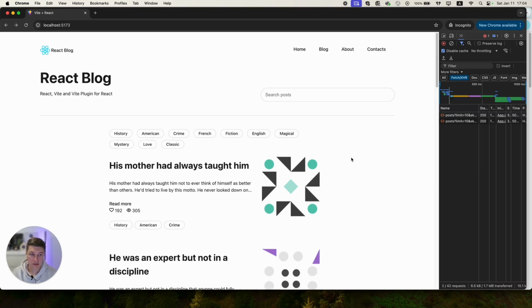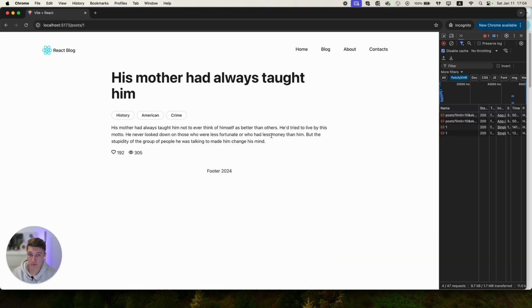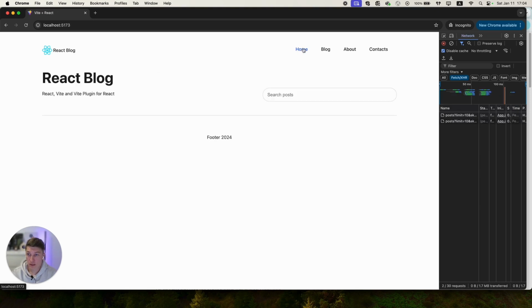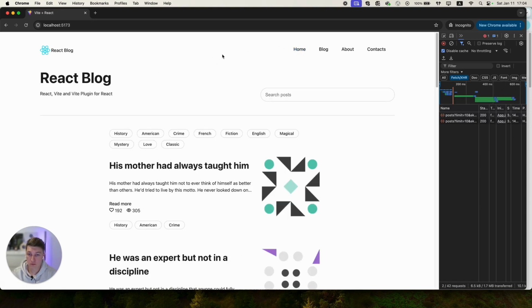Maybe the last thing I would like to add, this is the router link to our navigation, because for example, if we go to the single post page and after that we go through our navigation, we go to the home page, you'll see that it was the page reloading.